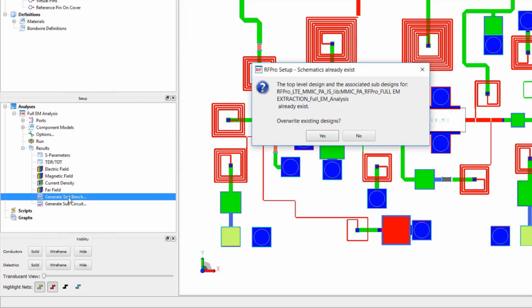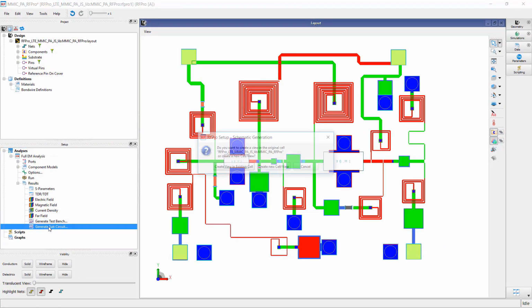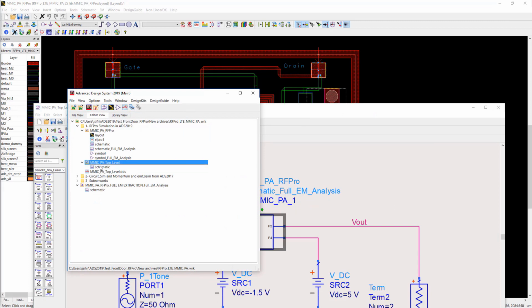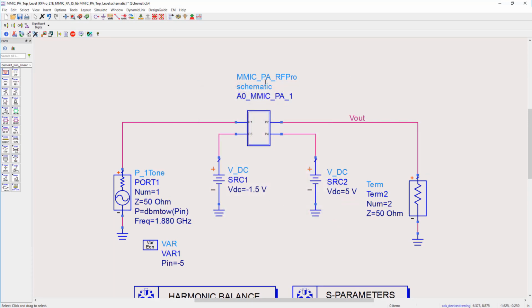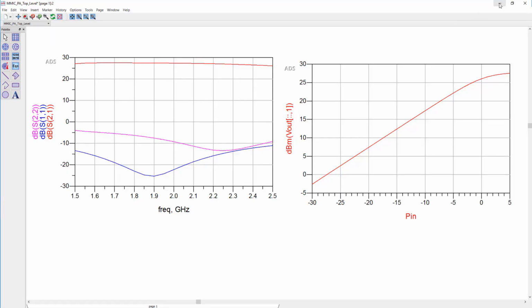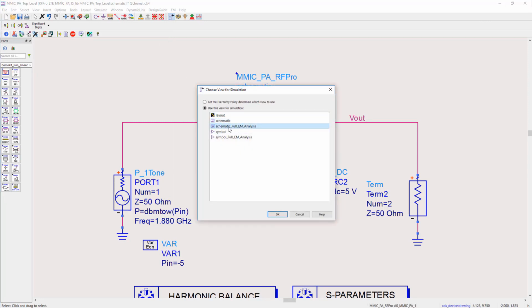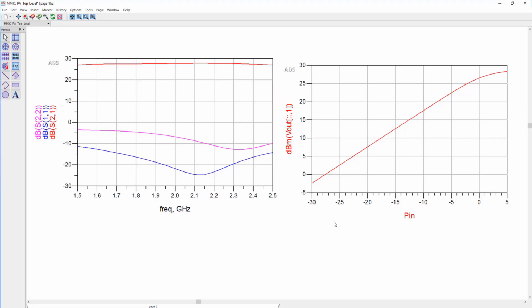I can also create test benches for ADS that automatically combine the EM co-simulation results of the circuit models with the EM simulation results on the layout. So in ADS, I open the top-level schematic page, and from there I can shift views and simulate both my original circuit level design with circuit models as shown here, or I can shift the view to the EM model from RF Pro and simulate it and see how my simulation results have changed.